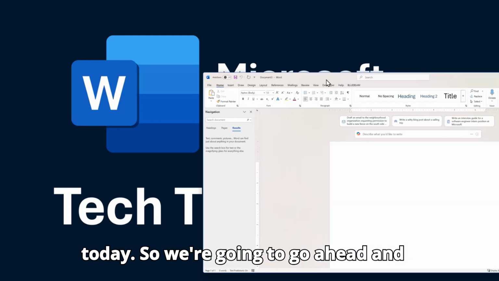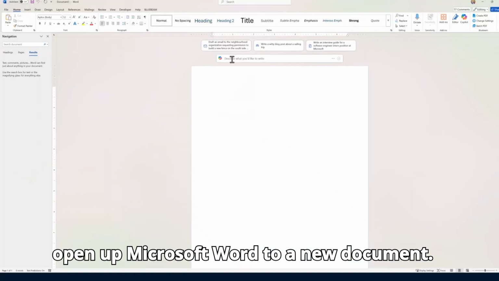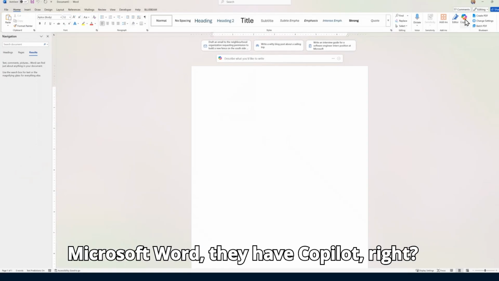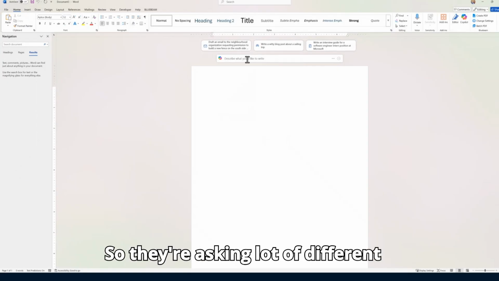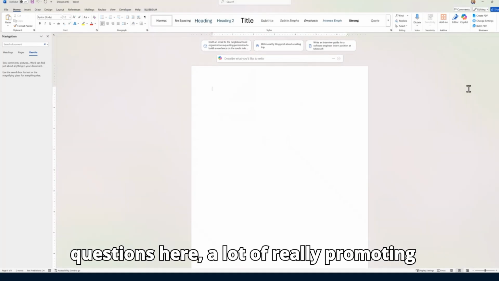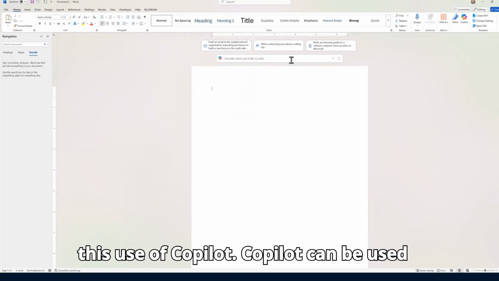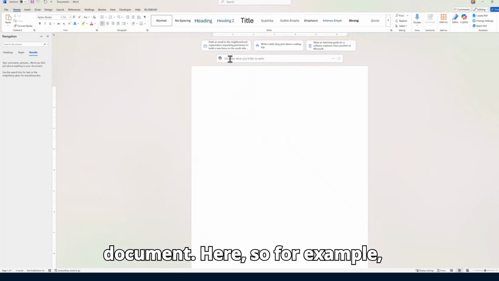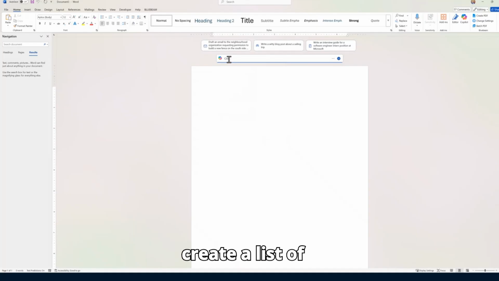So we're going to go ahead and open up Microsoft Word to a new document. First thing you'll notice now in Microsoft Word is they have Copilot, right? They're really promoting the use of Copilot. Copilot can be used for writing an email, writing a document. Here, for example, create a list of tips